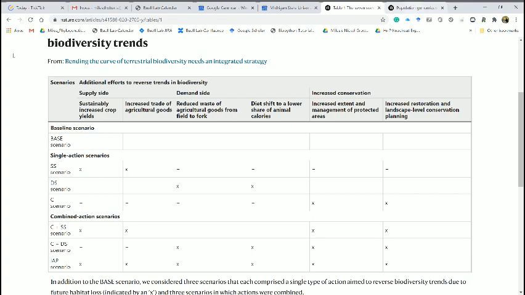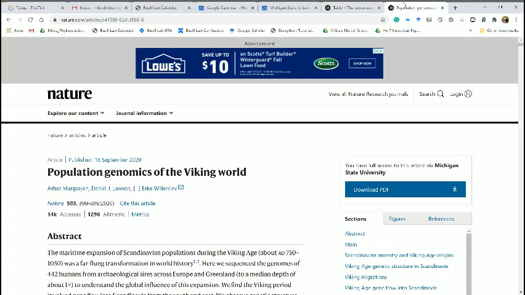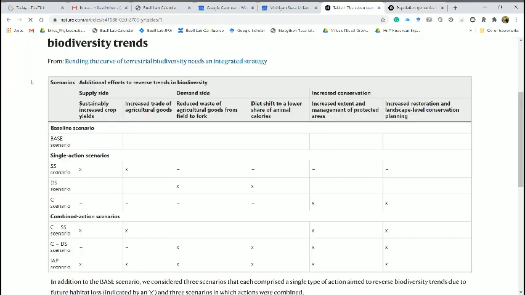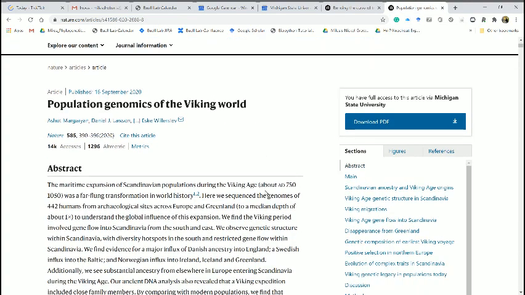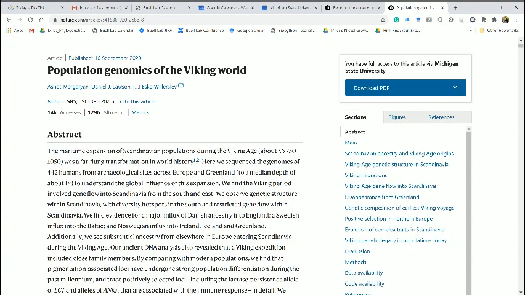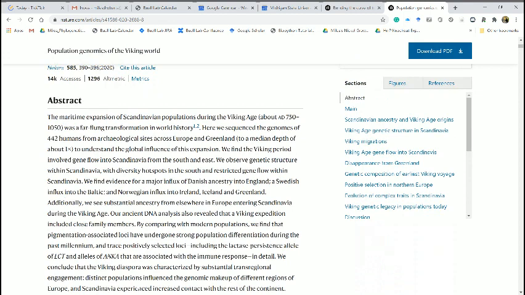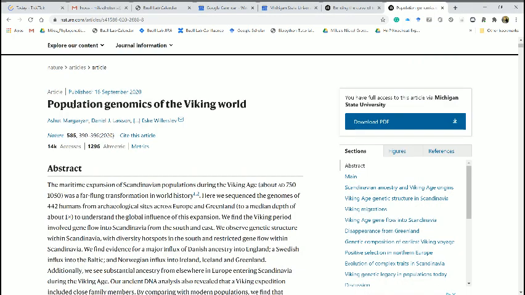All right, move on to something. This is pretty optimistic and gives me some hope. But let's move on to something a little different. Take our minds off the impending doom that is climate change. I keep saying climate change, but the paper was about biodiversity, which are closely connected. But yeah, so